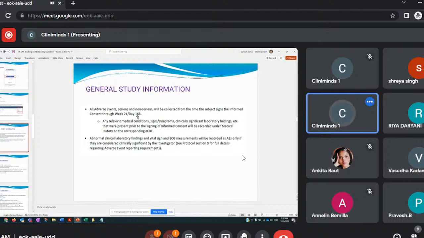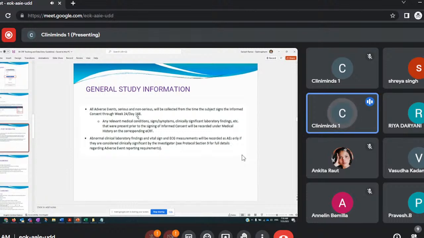From which date they want to collect the data as an adverse event. Some protocols say that adverse events should be collected after the randomization or after the first dose of IP. And if the patient has signed the informed consent, from that day till the first dose of IP, if anything happens,